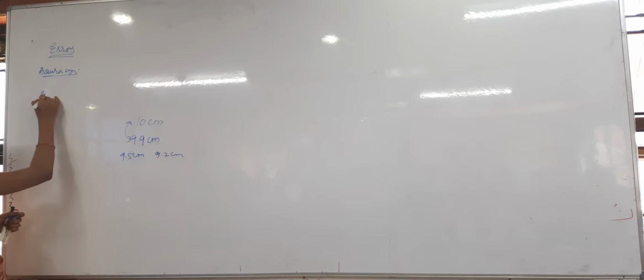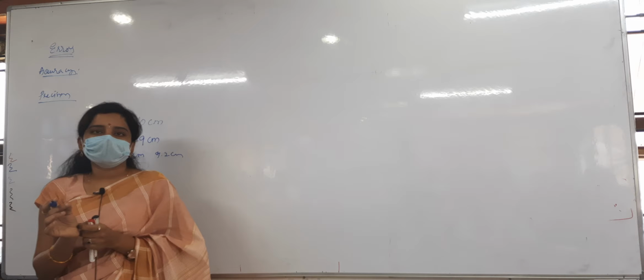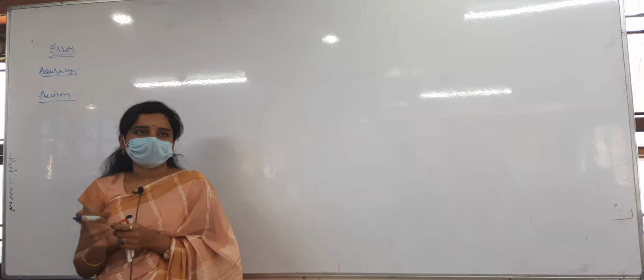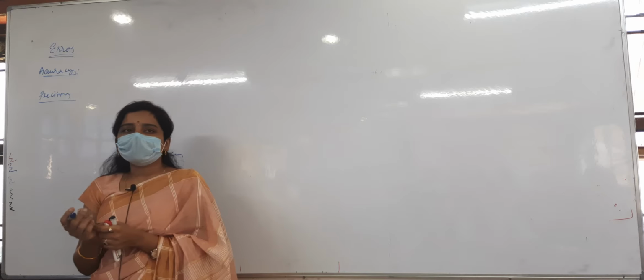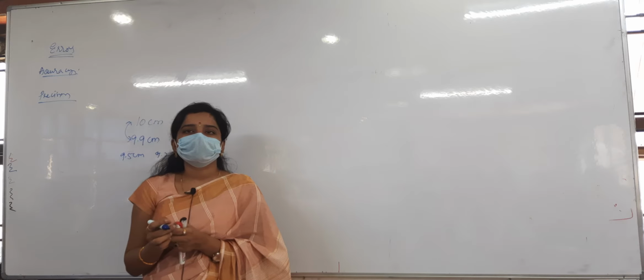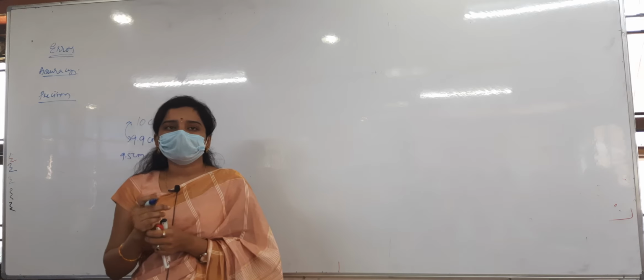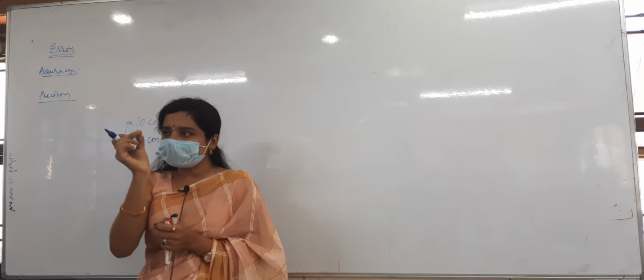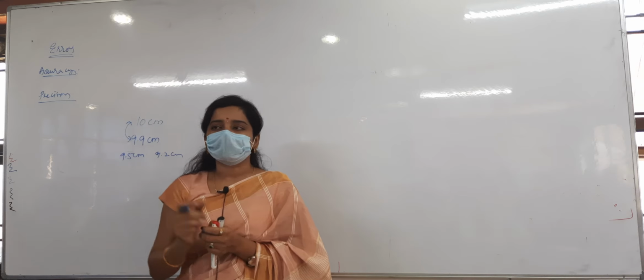What is precision? Precision is nothing but the least number which a measurement can make. For example, if I take a normal centimeter scale, a 15 centimeter scale, how much can I measure? The least number: 1 millimeter, not 1 centimeter. A small line will be there, no? That small line indicates 1 millimeter. That is the precision of that scale.